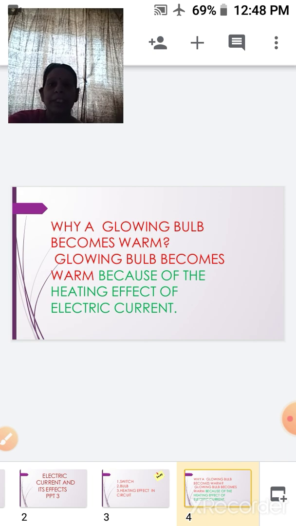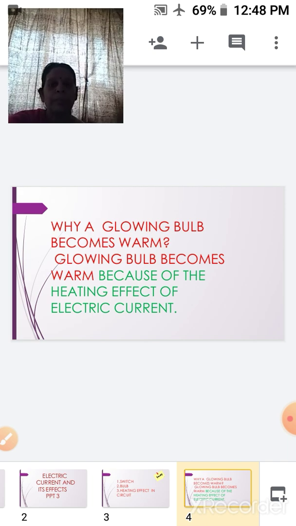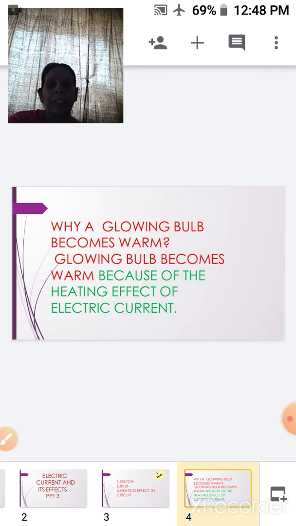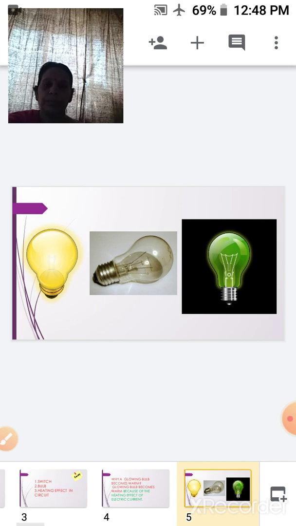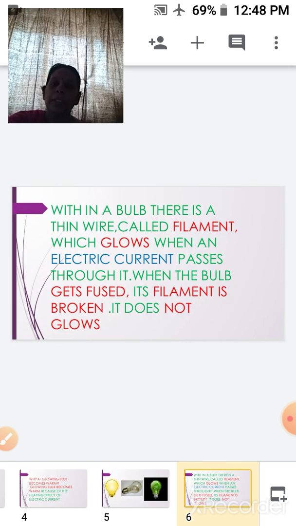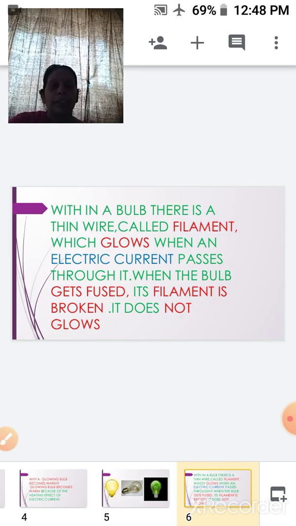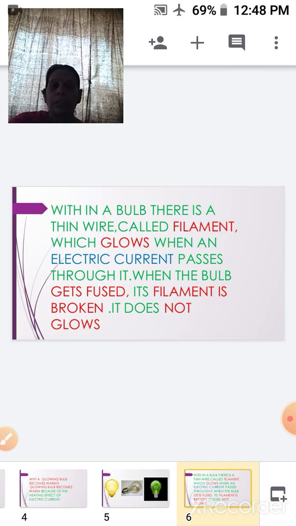When we were studying the heating effect in the bulb, we found that a glowing bulb becomes warm. It becomes warm due to the heating effect of the current. Within a bulb, there is a thin wire called the filament, and when the current flows through this filament, it glows.